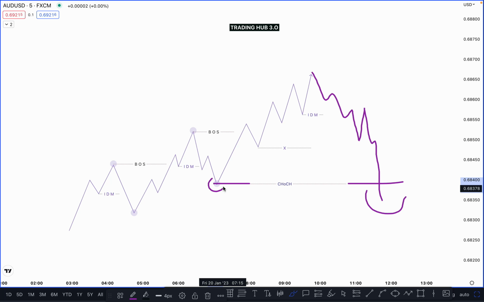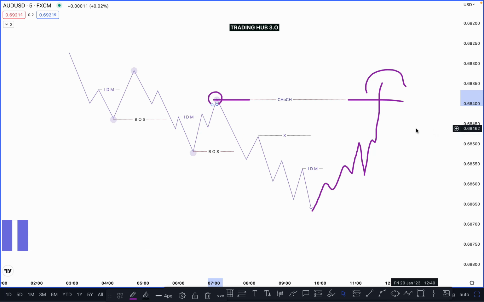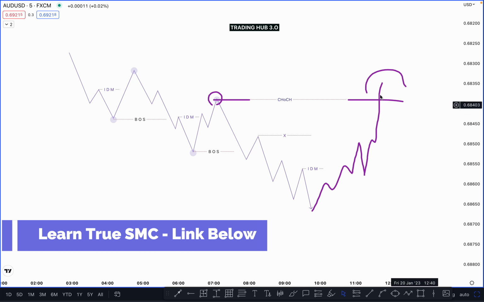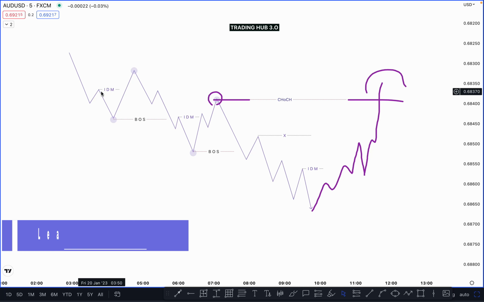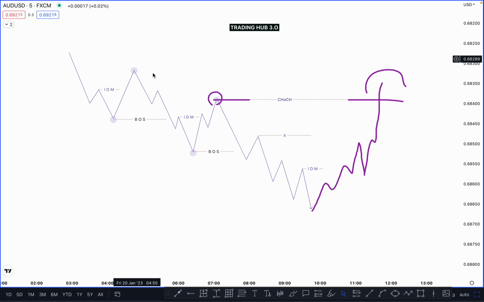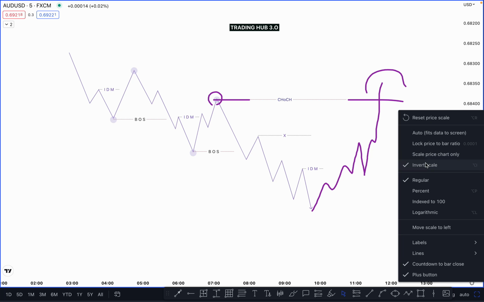So when the market breaks this one and closes below it, this becomes our valid change of character in a bullish market. And the same thing will be applicable in a bearish market. If I invert this chart, you can understand something like this. Okay, so you can understand the same thing happens here in a bearish market. Inducement taken out, push downside, taken out the inducement, lower low confirmed, lower high again, and the same process will continue in a bullish market and bearish market everywhere.